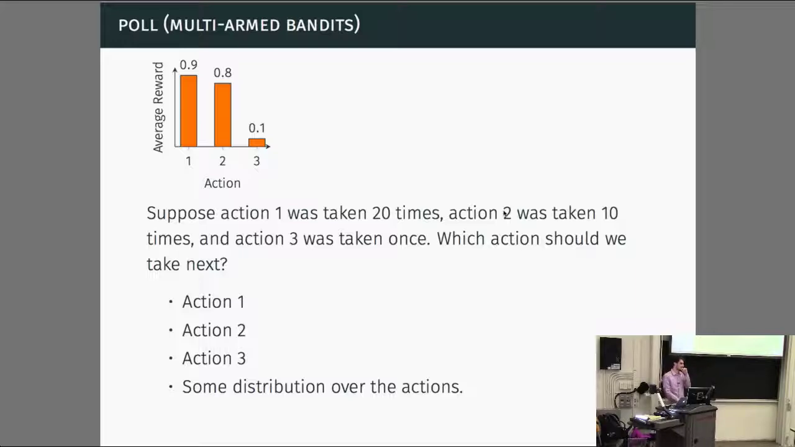It's just been taken once, so action 3. Yeah, so you should explore action 3. It's probably a probabilistic distribution where you account for the number of trials given to that action as well as the reward you got up to that point. Right. Okay. So I think most of you have sort of the right intuitions,